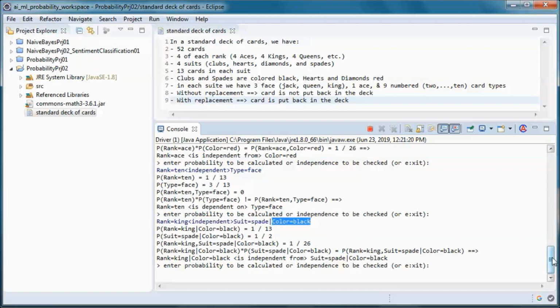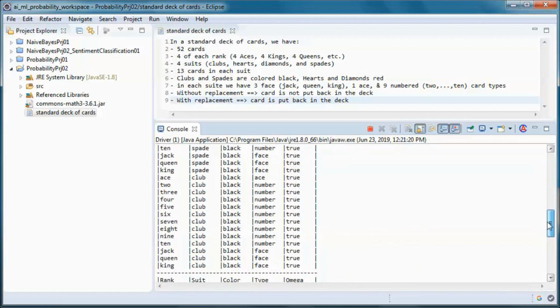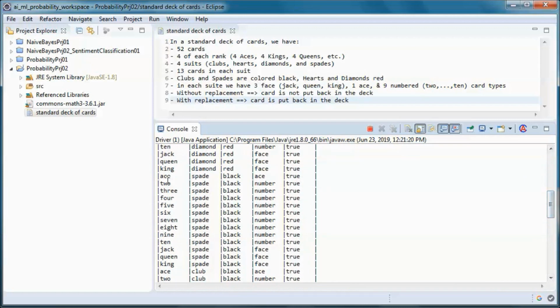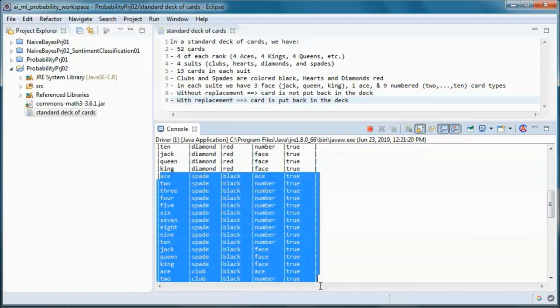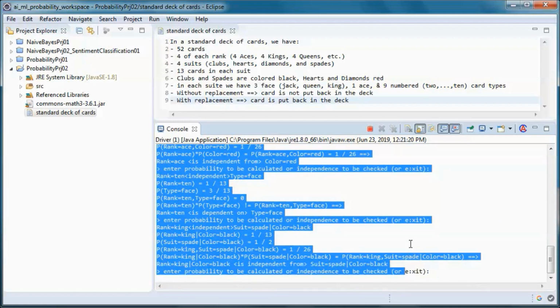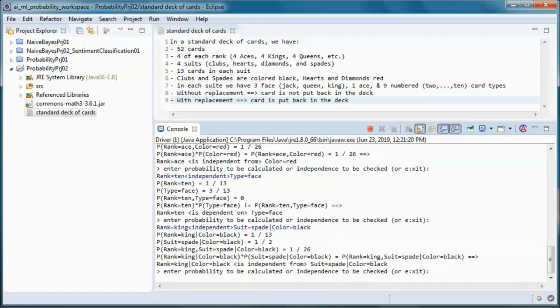So color is black, we are limited to the spades and the clubs. So the probability of rank is king and suit is spade, given that color is black, is 1 out of 26.